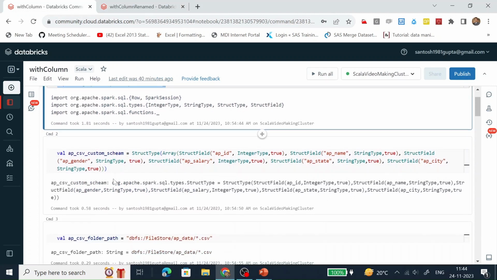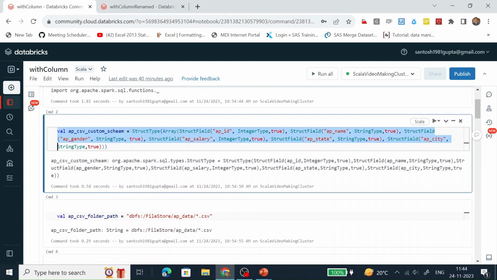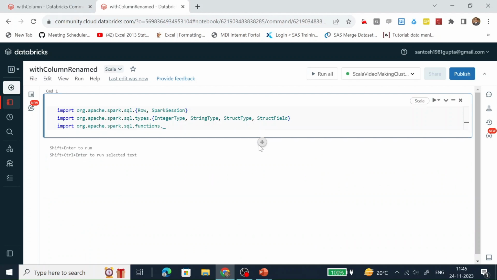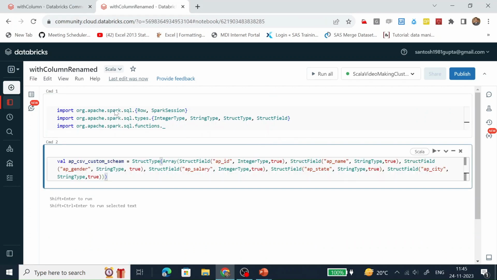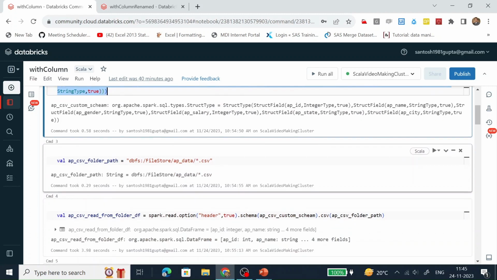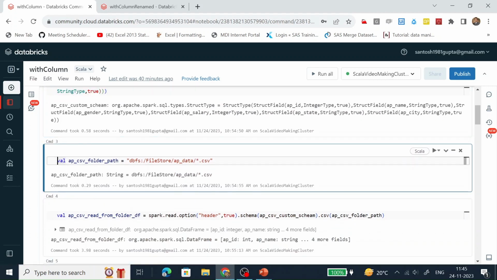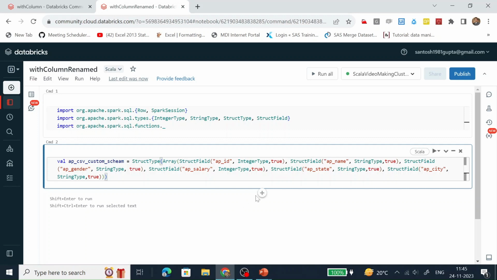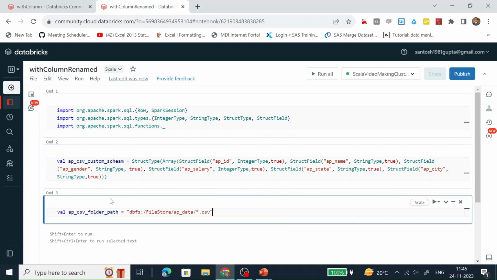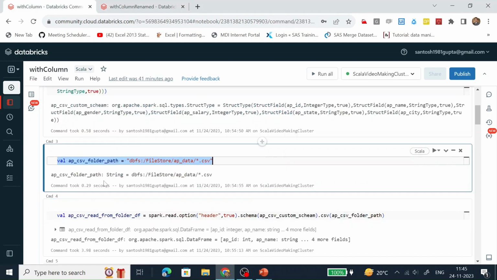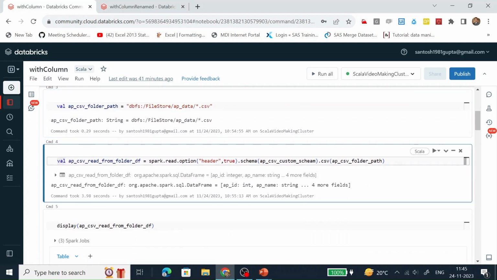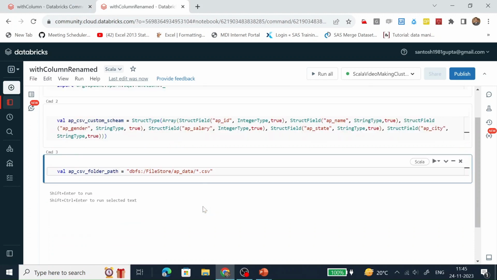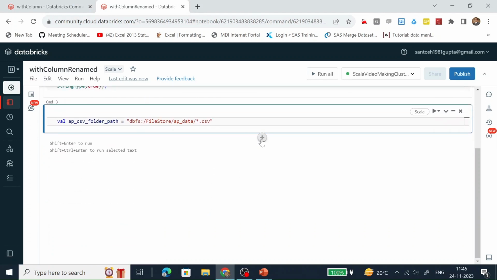I'm just copying the code. This is the custom schema. This is the variable which holds the path till the folder level. In that particular folder there would be many CSV files, and here we are just reading the CSV file and creating the data frame.